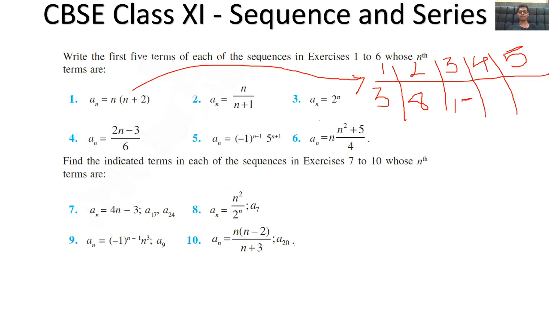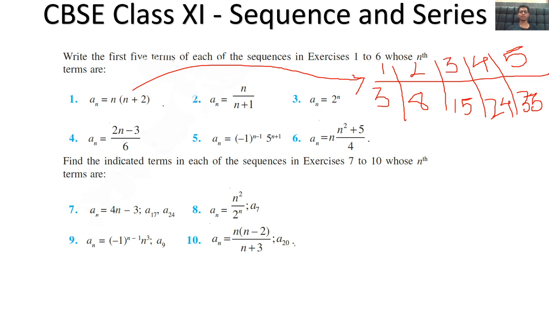When n is equal to 4, we have 4 plus 2 is 6, 6 into 4 is 24. And when n is equal to 5, we have 5 into 7, that's 35. So that's how we got the first 5 terms of the sequence when an is equal to n into